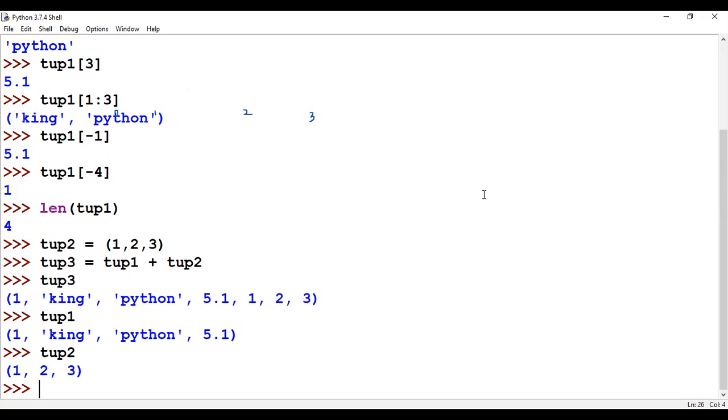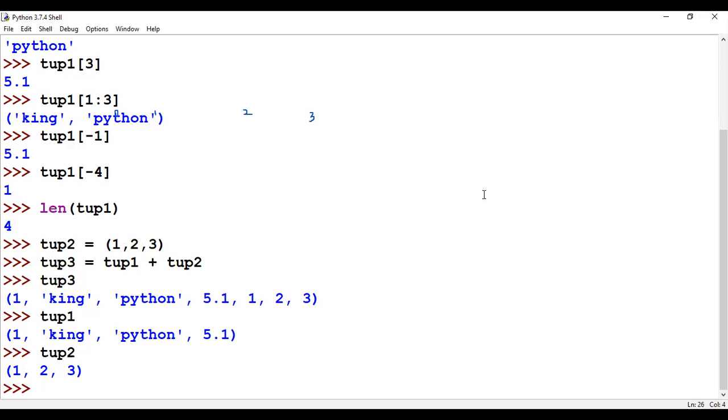The next most important thing to understand in tuple is the update methods. You have an insert method, you have an append method, you have an extend method, you have a pop method. Many updation methods are actually present in list. Why? Because we say lists are mutable. Mutable in the sense I can modify their elements at any instant of time. But when you go with tuple, they are actually unchanged or fixed. Once you initialize a tuple, you are not supposed to change their elements anymore.